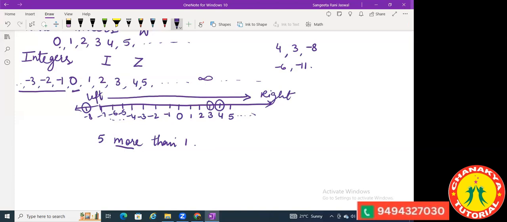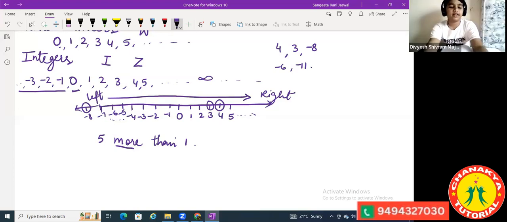See, I have 0 here in the middle. On my right side, I have all positive numbers. And when I move towards the left side, -1 is the higher number. -2 is a lesser number than -1. Then -3 is still lesser. Then -4 decreases, so it decreases towards the left side. Are you getting, children? Yes, ma'am. Ma'am, when we move to the left side, it decreases. When we move to the right side, it increases.